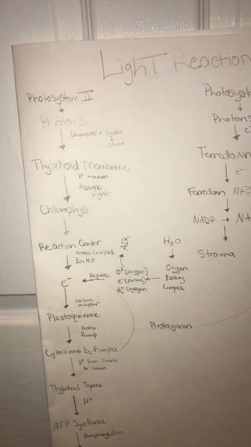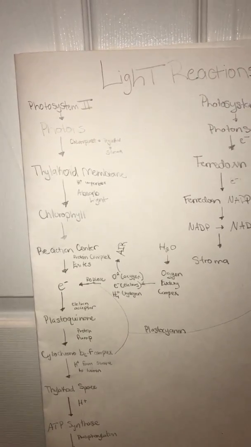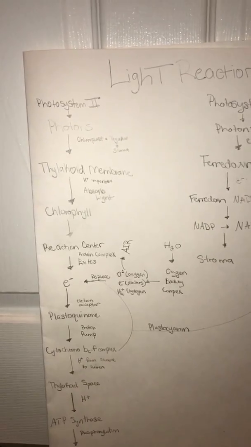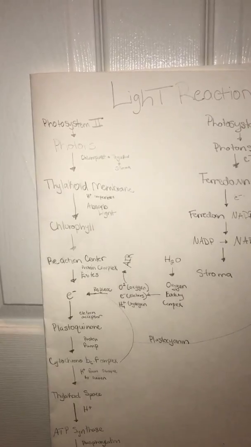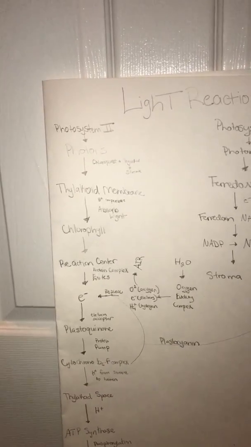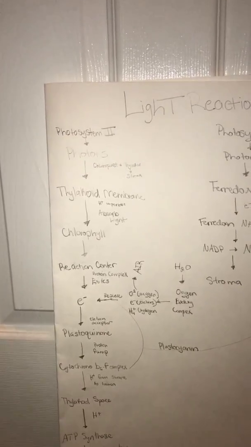photons from a light source such as sunlight or maybe a lamp in a green room are absorbed by chlorophyll, which is embedded in the thylakoid membrane. After the light is absorbed, the energy from the light goes through a reaction center, which is a complex of proteins that excites the electrons that are present. So when the electrons are excited, there's an electron acceptor called plastoquinone, which takes those electrons and passes them into